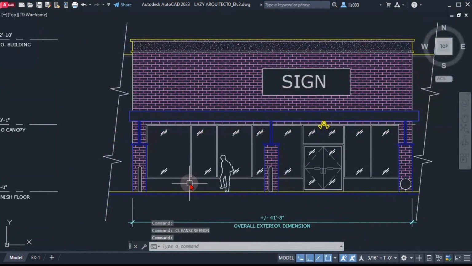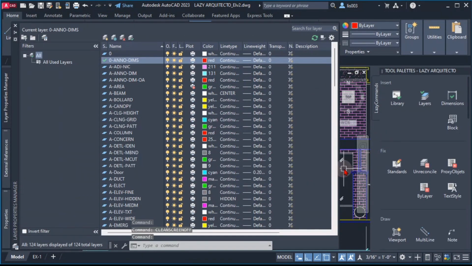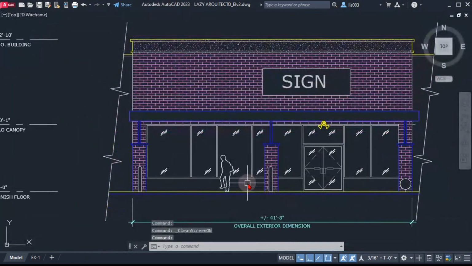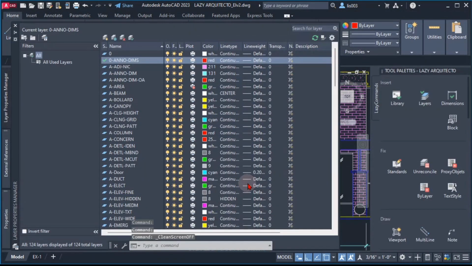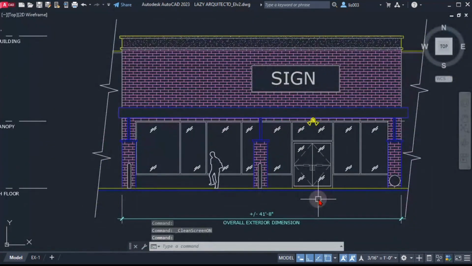So this command, if we use it, of course, will help us clean the screen. And then the command to turn this off is CLEANSCREENOFF, right? So that way we can have our palettes to also work. And there is a keyboard shortcut for this also, right? It's Control-0 on your keyboard, so that will toggle between clean screen on and off. But if you look with more detail,